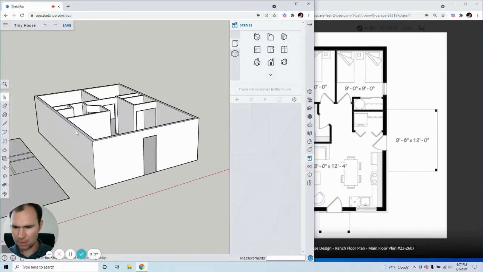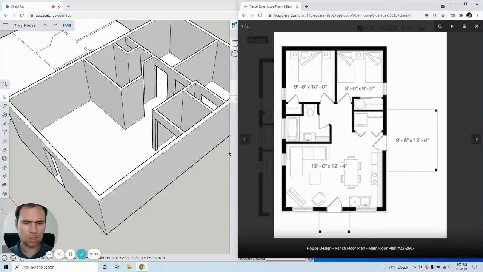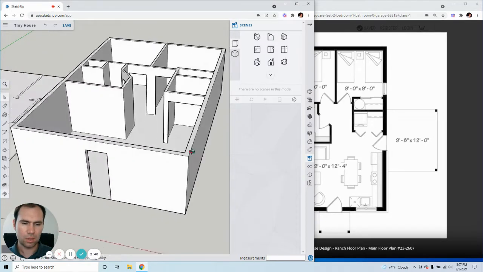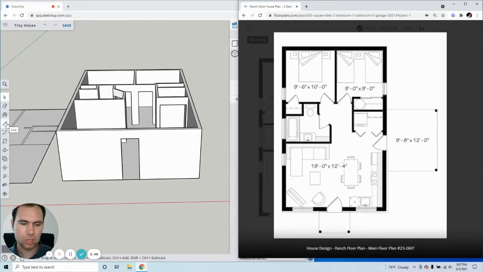All right, so let's take a look. If we want to, let's just try to match the plan. So anything you can do, I can do better. That's the philosophy I've generally held throughout teaching myself Photoshop, Illustrator, InDesign, SketchUp, AutoCAD, all these things. And hopefully I can get all this information to you. So for this start, we're going to start with